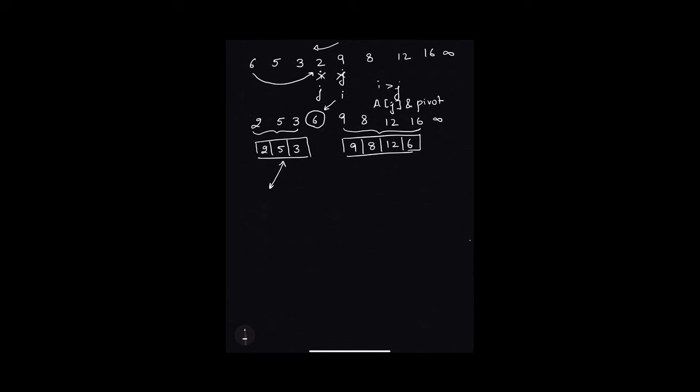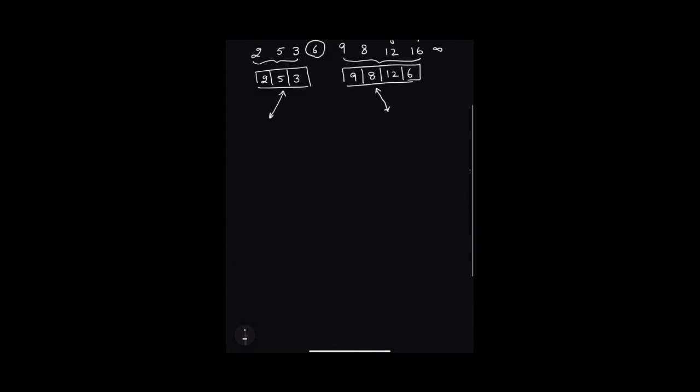When this array will get sorted, then the partition algorithm will be executed for this part of the array. So now if I write a pseudocode for my partition algorithm, the name of my procedure is partition, and I have to pass two values, the values of low and high. First of all, I select a pivot element.